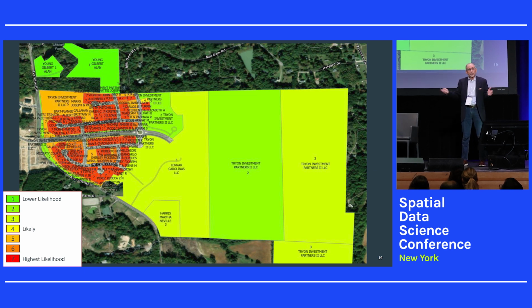Lennar Homes, obviously a huge builder in the United States, owns this piece of property, and I actually did a little ground truth, and I can tell you that they are building out this huge residential area. But over here we have Tryon Investment. I don't know if they're a real estate developer or what, but more than likely they're going to sell that land to Lennar Homes. So again, in our definition, we took our indicators, shoved them into a data science model, a little bit of machine learning in the process, and we're trying to come up with a probability of where